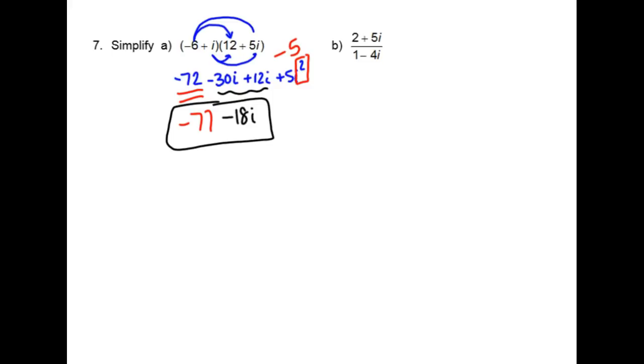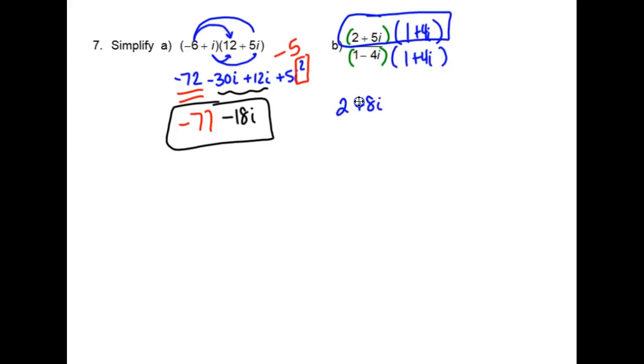Then, when I look at the next question with division, remember that you can't divide by a complex number because it's the same thing as a radical. So in order to rationalize, you're going to use what's called the complex conjugate. Instead of 1 minus 4i, you're going to use 1 plus 4i. Distributing out the numerator here, ooh, that's ugly. You get 2, plus 8i plus 5i, and then plus 20i squared over